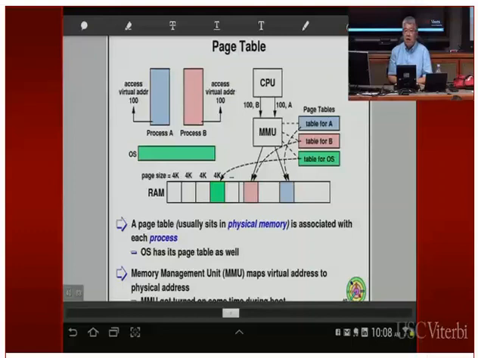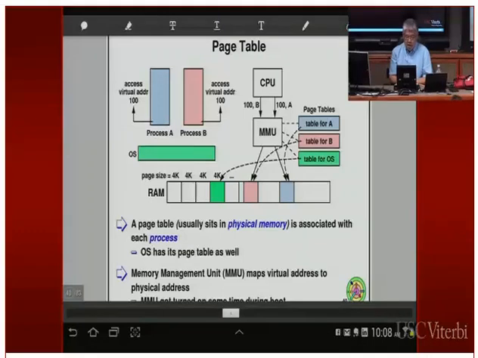And this page table, every process has a page table. The operating system is one giant process, even though, as we've seen in kernel 1, you can have many, many kernel processes, but they all share the same address space. Every user process has a separate page table. Each one is used to implement their own address space. So in this picture, we have a blue process, we have a pink process, and we have the green operating system. Each one of them will have their own page table.